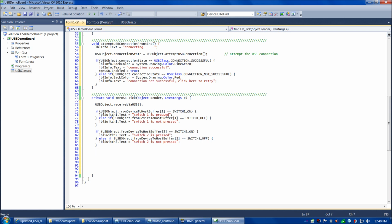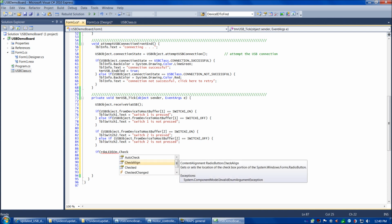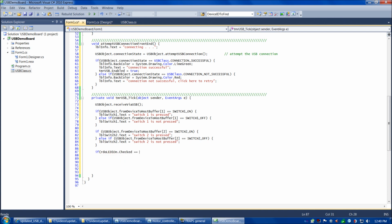Alrighty, now we're ready to write the code for our radio buttons, and what those are going to do is command the 3 LEDs, LED 1, 2, and 3, on the circuit board to either turn on or turn off. So we'll have if RDO LED 1 on dot checked, if that equals true, then we're going to do USB object dot from host to device buffer 1 is going to be assigned LED 1 on,